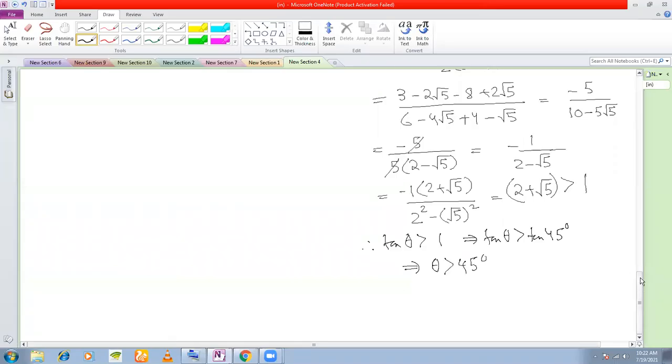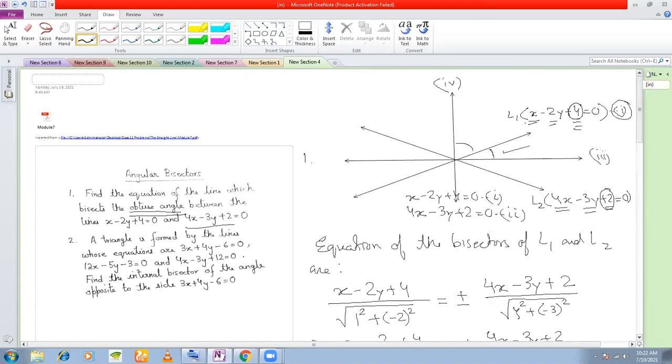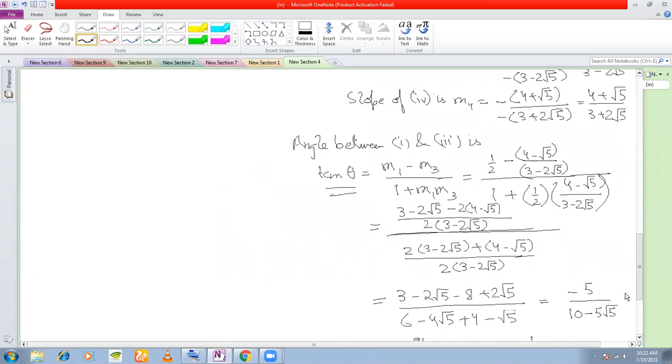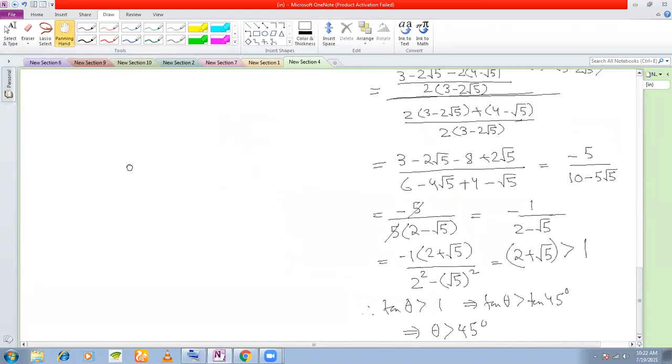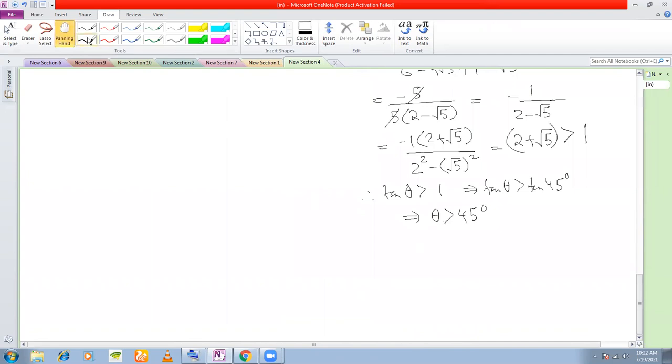If theta is greater than 45, which angle is greater than 45 degree then? That means this angle, if we consider theta, this angle is greater than 45 degree. And what is this complete angle here? 2 theta, isn't it? Theta plus theta. So the angle between the two lines is 2 theta. So if theta is greater than 45, that means 2 theta must be greater than 90. If 2 theta is greater than 90, that means angle between 1 and 3